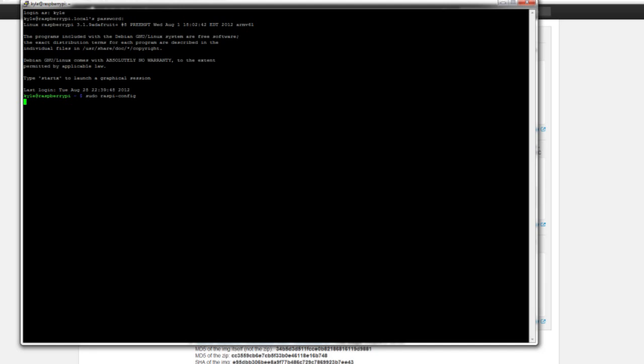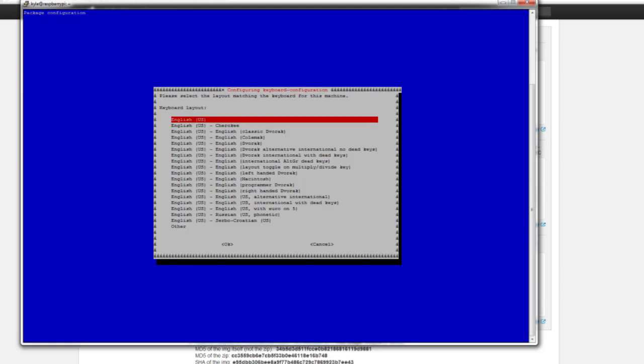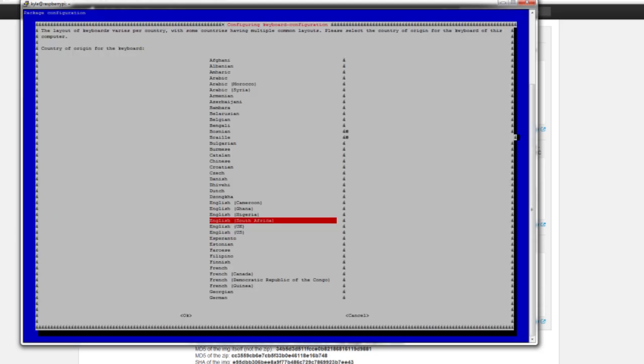I forgot to test it after. It takes a bit of time to switch between the different applications it's using to configure the Pi. Okay, here we go. What's already selected by default is this generic 105-key international PC. Just hit OK on that, and I'll show you what it was. Shoot, let me see. What was this? I just already changed it, but it was actually set